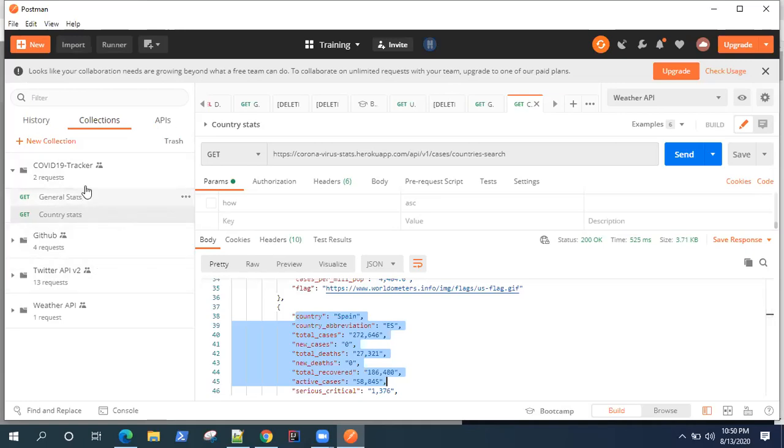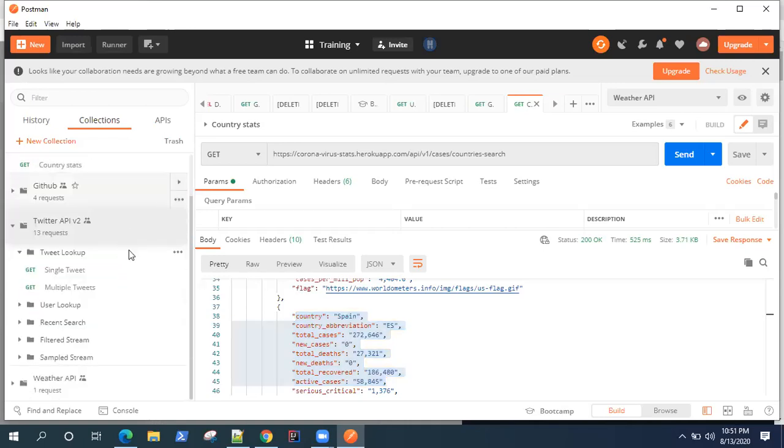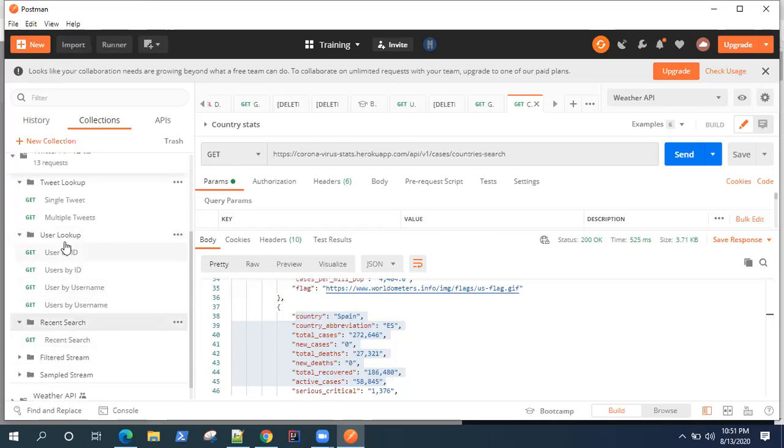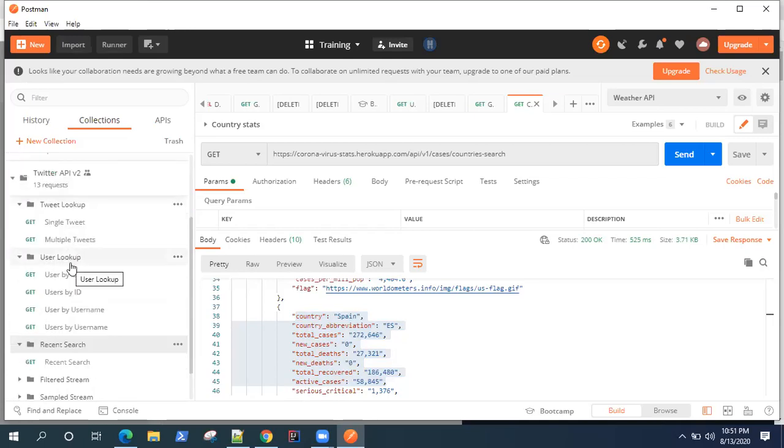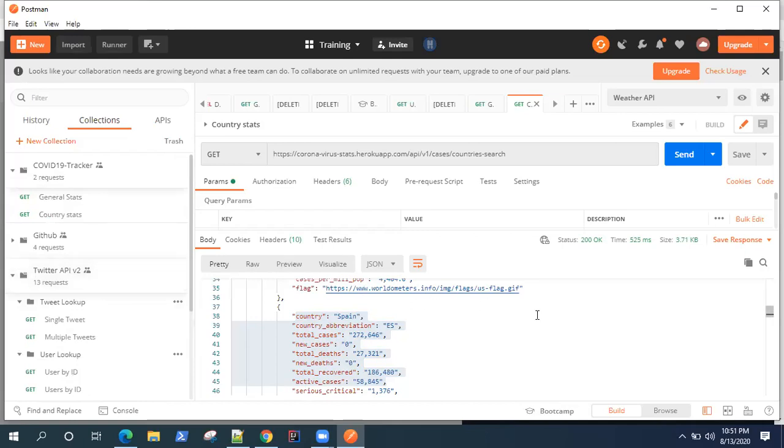Now, these are sample requests, and you can build your own requests based on these sample requests, right? So that's why the template is present. And if you look at the API network, this is the official Twitter API, and it has got all the requests. So basically you can use them directly in Postman, and you don't need to start from scratch, right?